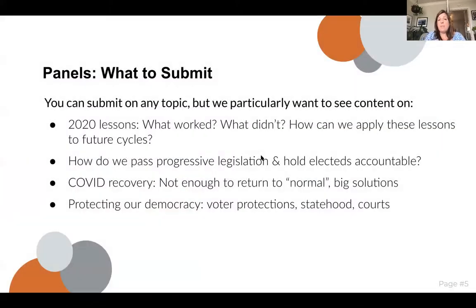Topically, if you're submitting a panel, you can submit on any topic. If you've been before, you know that our panels cover just about every issue on the progressive spectrum, but we generally have a few themes that we like to try to thread as much as possible. So this year we're specifically looking to find content on 2020, lessons learned, what worked, what didn't work, how can we apply those lessons to future cycles,